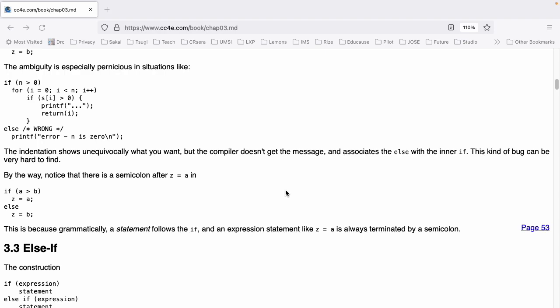The indentation in the above example shows unequivocally what you want, but the compiler does not get the message and associates the else with the inner if. This bug can be very hard to find. By the way,